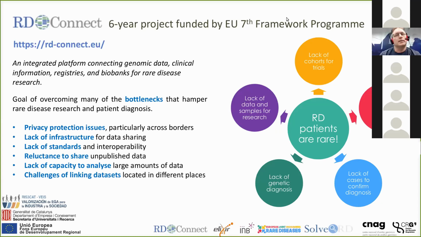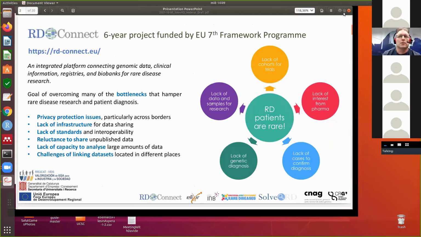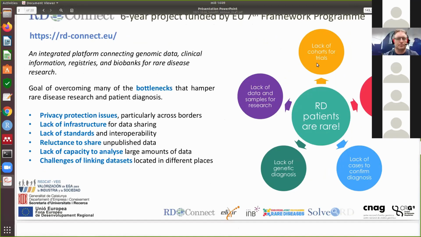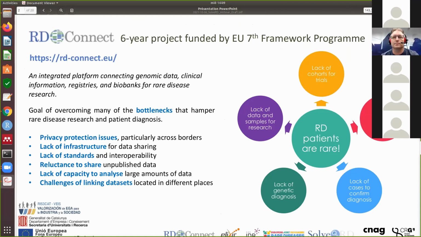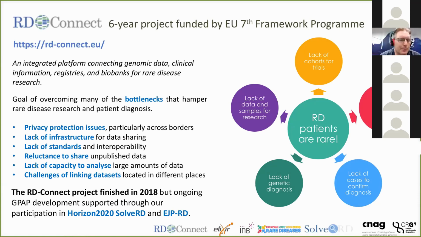So the practical objective of the project was to overcome a number of bottlenecks that hamper rare disease research. These bottlenecks are in terms of issues of privacy, infrastructure, lack of standards for sharing, a reluctance to share in the community, and a lack of capacity to analyze the large amounts of data. And while the RD-Connect project itself finished in 2018, ongoing GPAP development has been supported through a number of sources,